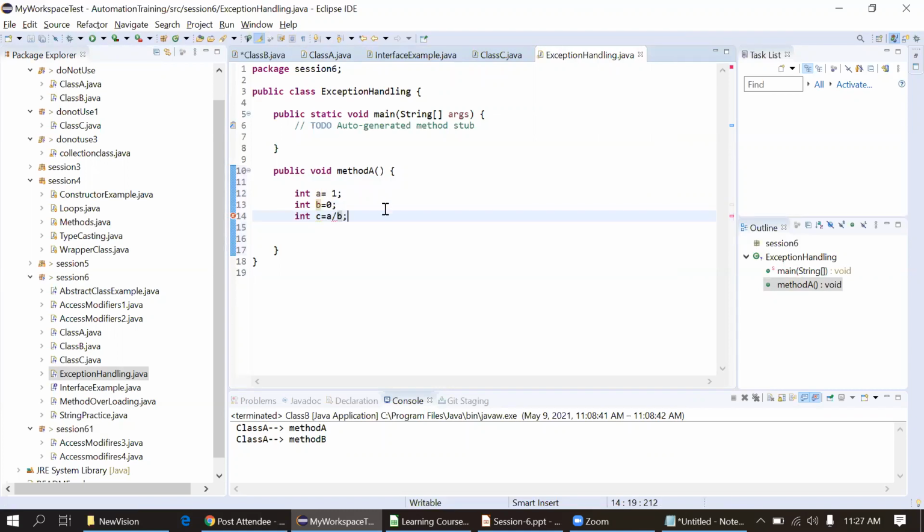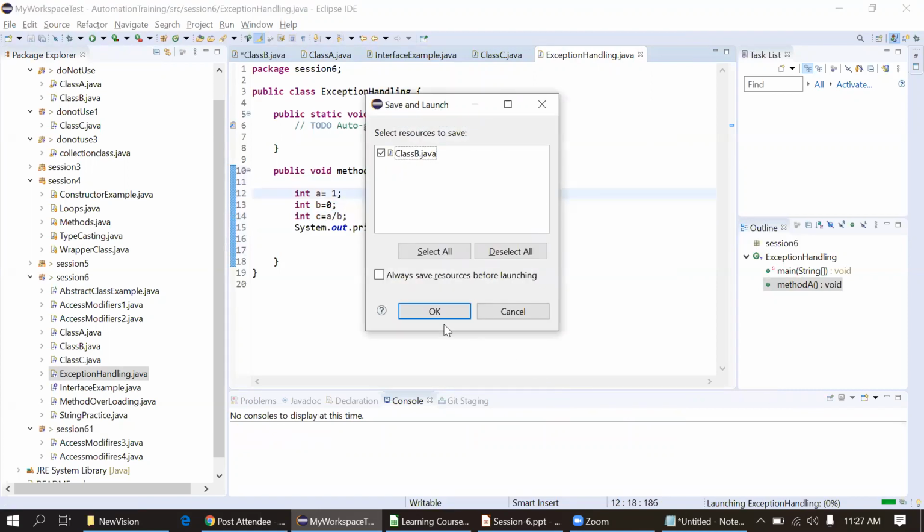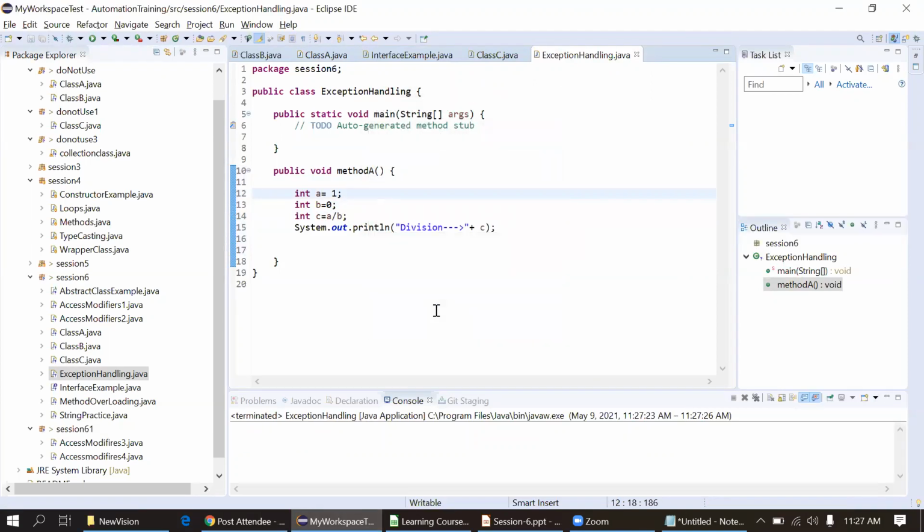Now here I'm expecting the exception, right? I'm just printing this. There is no need to print, but I will print the division, the c. Now I will execute this program. Now this is a human mistake actually, at least we should be aware. And if the code is complex, then we cannot judge at this point. But now I know I'm getting an exception, but still I have not handled that.